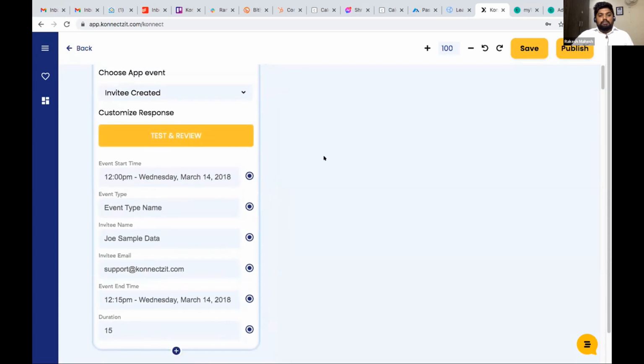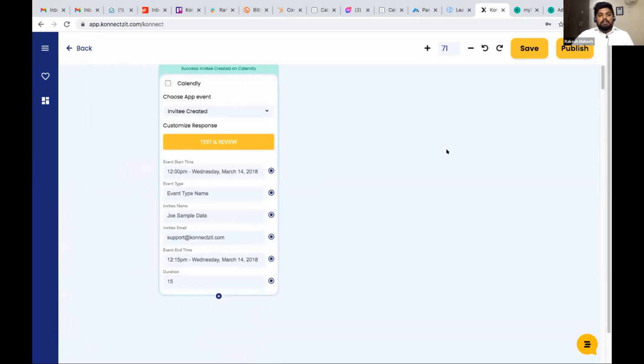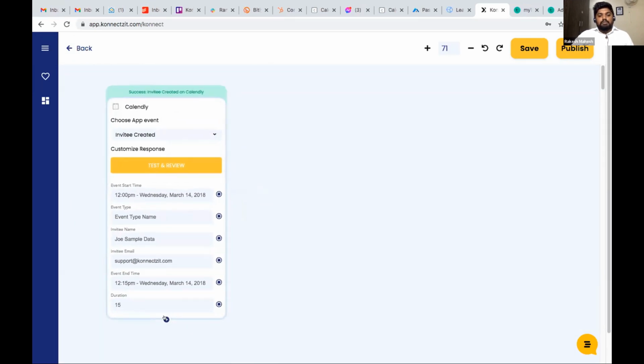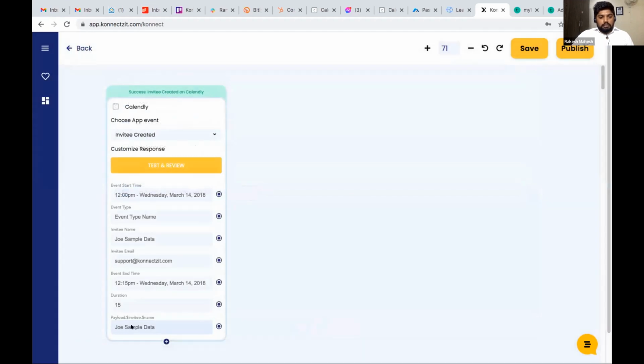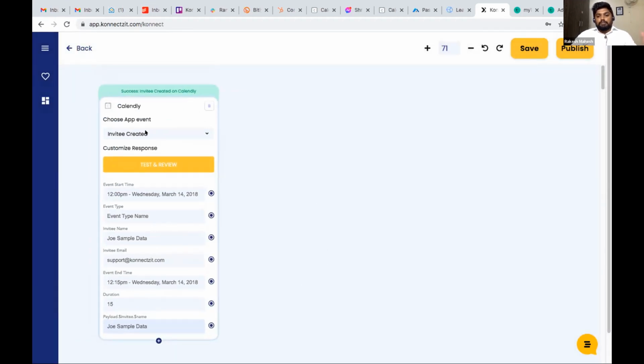Once we have done test and review, we have a plus icon which helps to add an additional attribute. For example, if I want this particular attribute, I can select it and use the same thing for my future automations. So this is how you can start using the triggers.